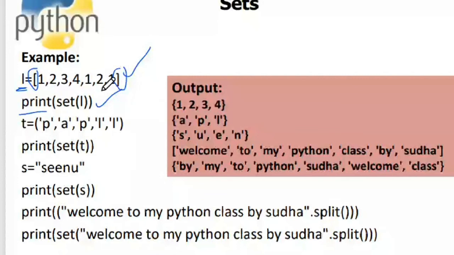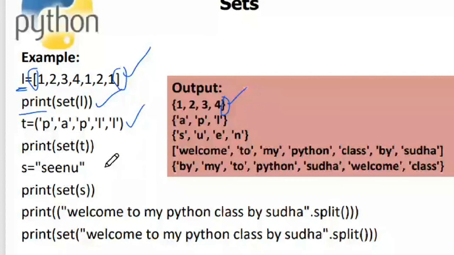Okay, so in the next step of the program, I have given an instruction wherein I have created a tuple. This tuple has duplicate elements as well. Like P and P are there, and 2 P's and 2 L's are there. When I pass this tuple into a set, it creates a set, eliminating the duplicates, and returns the set that it has created. And the print function will print the set. You can see the curly brackets over here where the tuple is converted into a set.